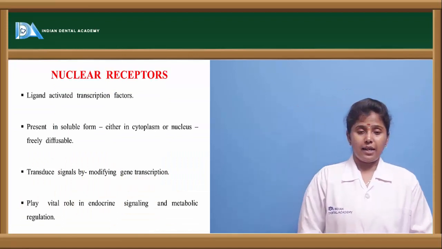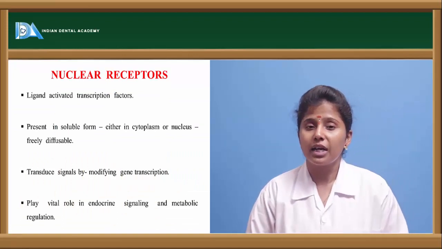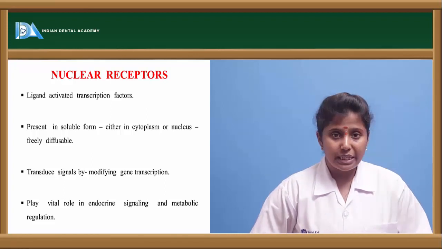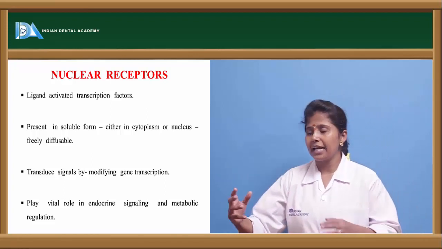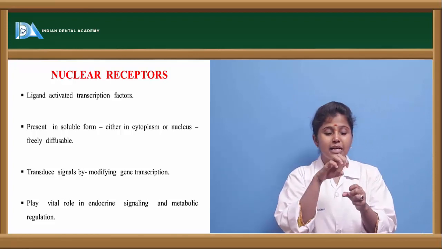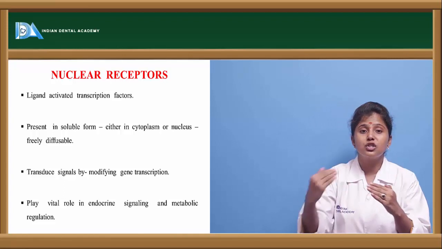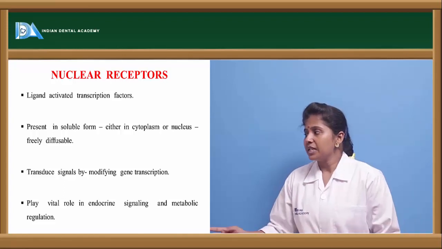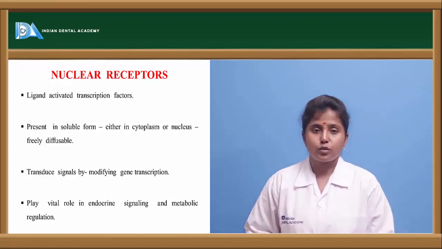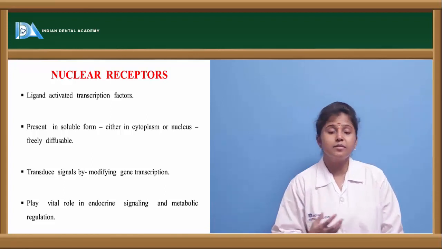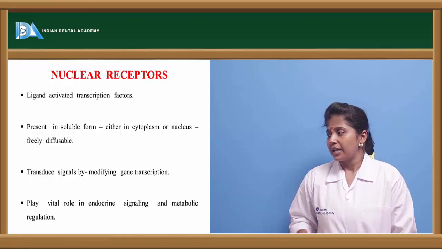If we see the last type of receptors, which are called nuclear receptors, these nuclear receptors alter the gene expression of the cell. They have a space for the ligand, and when the ligand binds to these receptors, they alter the gene expression. And these are present in soluble form, either in the cytoplasm or in the nucleus, and they aid in